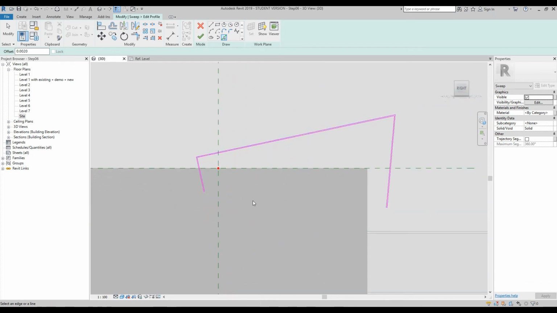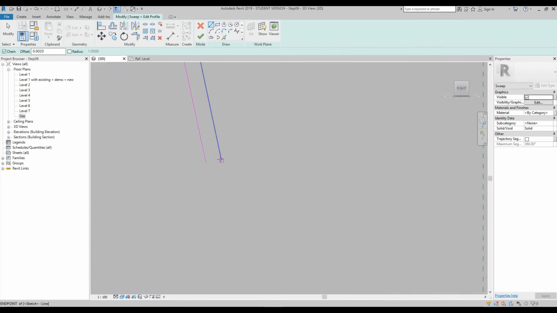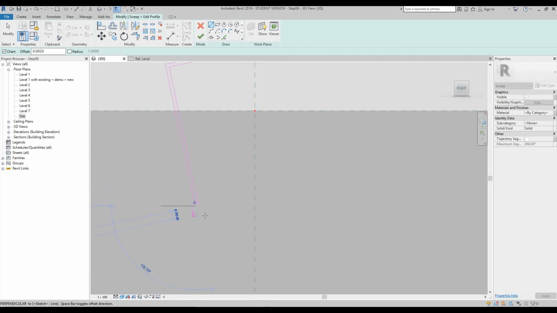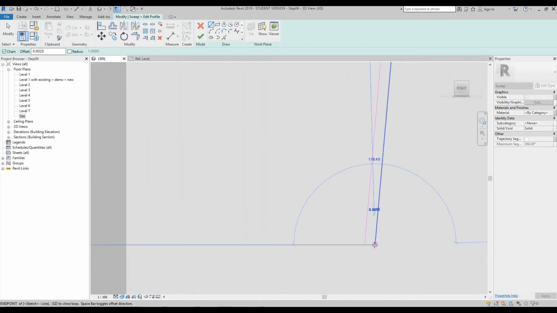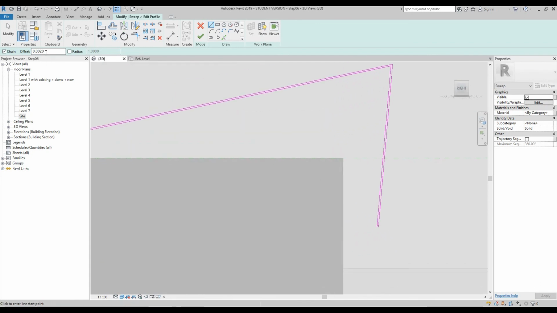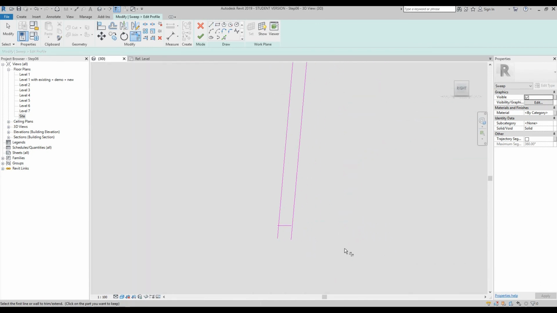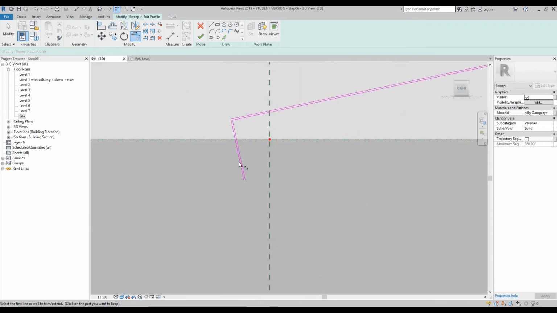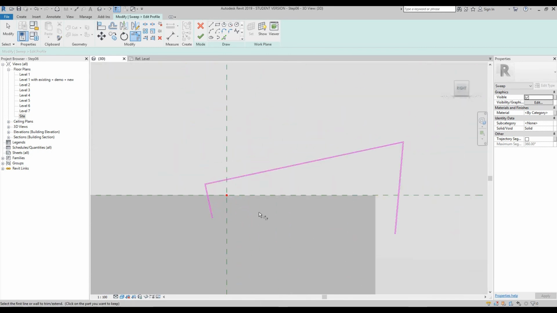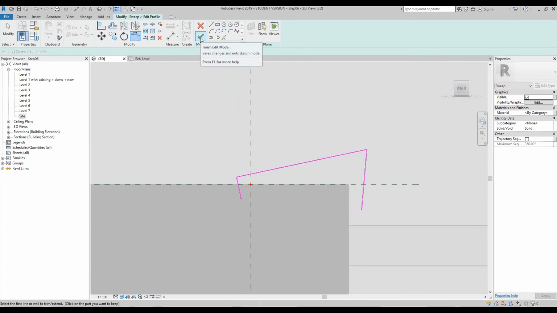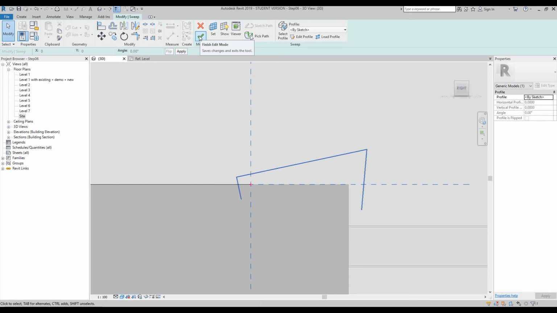and you will notice that we have 3 new lines. Now this does need to be a closed line chain, so we need to close off the ends. So from here to here with the line tool, and then here to here with the line tool, and you will notice that it's still offset by 2 mil. So we need to close this on both sides, and then once you've done that I'd like you to press the green tick